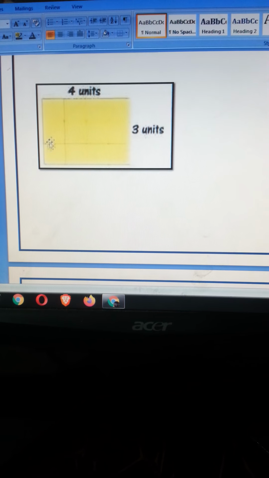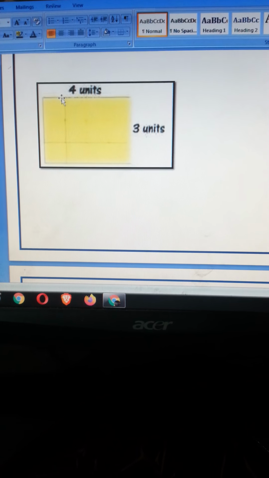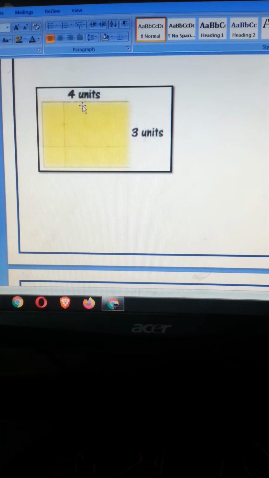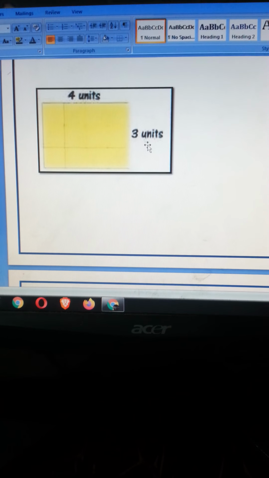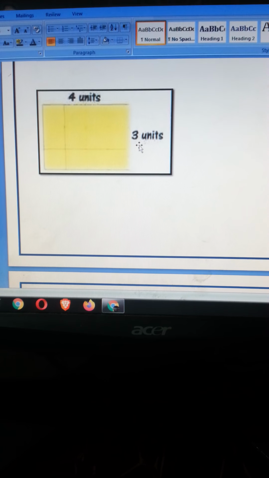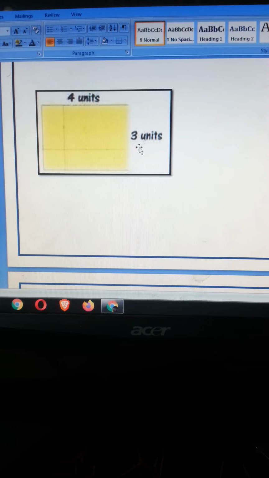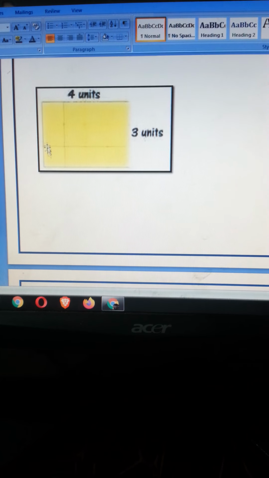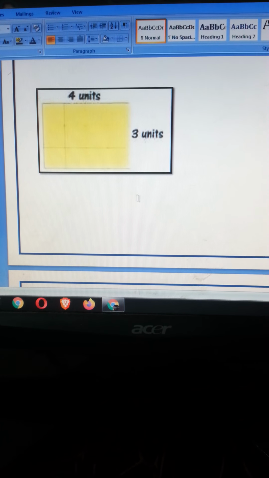Over here it is a rectangle. You can see this is a long side, and this one is a shorter one, so opposite sides are equal. So you are going to apply the simple formula, length into breadth, right? So 4 times 3, you will get 12 square units, right? If you are given any kind of grid, you will just count all the squares and write it directly, right?